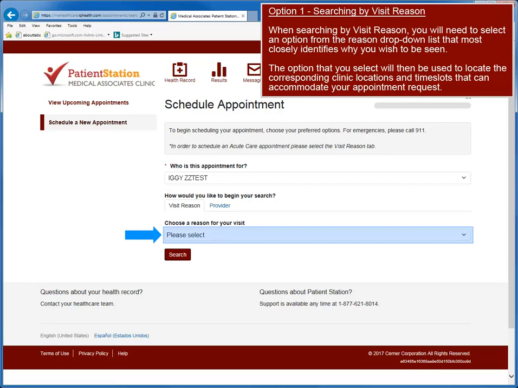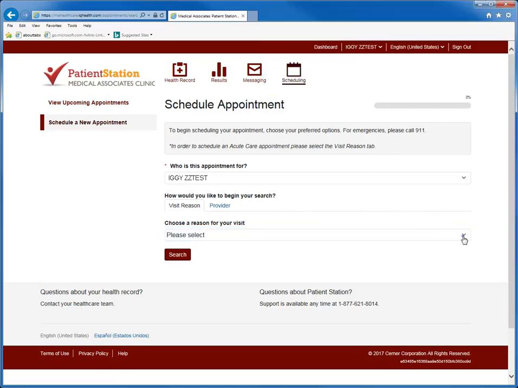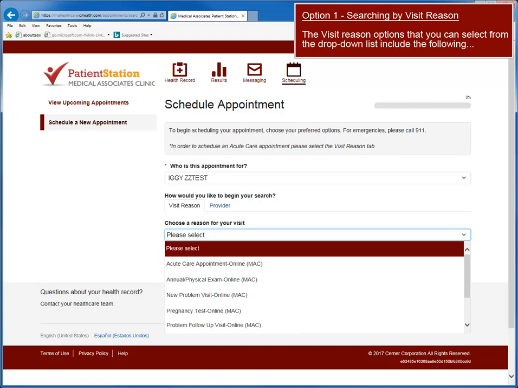When searching by Visit Reason, you will need to select an option from the Reason drop-down list that most closely identifies why you wish to be seen. The option that you select will then be used to locate the corresponding clinic locations and time slots that can accommodate your appointment request. The Visit Reason options that you can select from the drop-down list include the following: